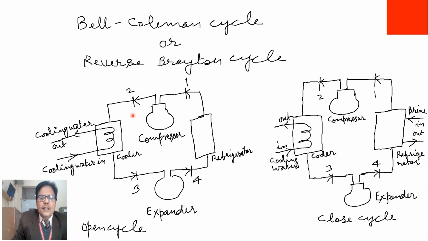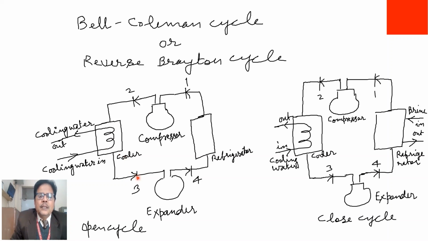After that it is passed through a cooler. Since it is high pressure, obviously the temperature is also high. So the role of the cooler is to cool the temperature of the air. And how is this temperature cooled down? It is cooled down with the help of a circulating fluid, and here the circulating fluid is water. Water enters the cooler and takes away the heat of the air which was at high pressure and high temperature. So at state 3 the air is at high pressure but its temperature is reduced.